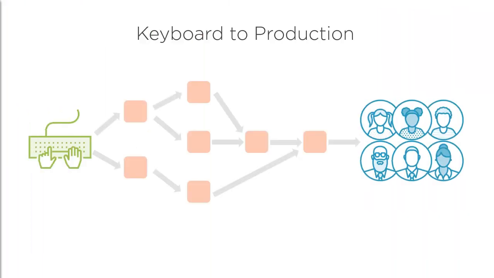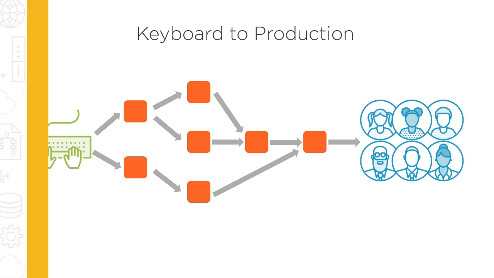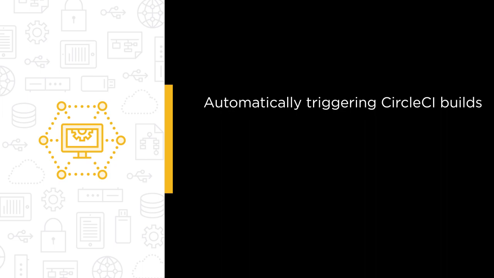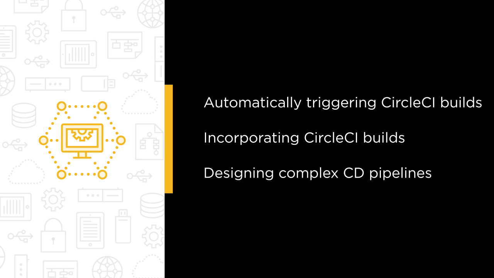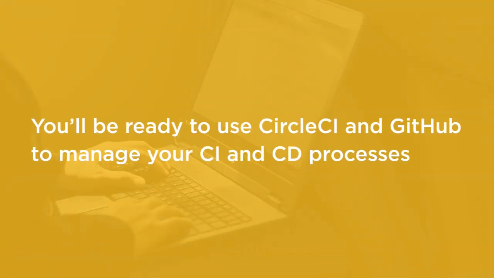In this course, we are going to cover the basics of CircleCI and how it integrates with GitHub. Some of the major topics that we'll cover include automatically triggering CircleCI builds from source code changes in GitHub, incorporating CircleCI builds into the GitHub Pull Request workflow, and designing complex CD pipelines with parallel jobs and manual approvals. By the end of this course, you'll be ready to use CircleCI and GitHub to automate your own CI and